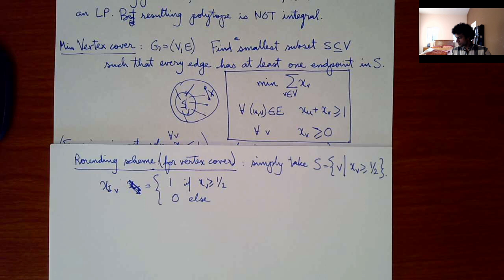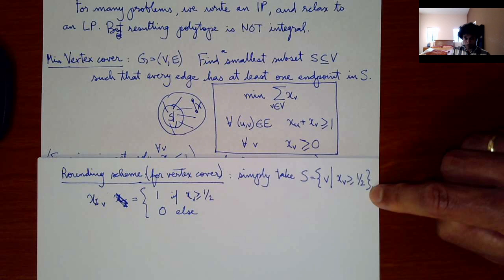But sorry, someone else was saying something. The key is that this is a vertex cover and not a minimum vertex cover. But no, you have to prove that this is a vertex cover. How do you prove that this set is a vertex cover? You're right that this may not be a min vertex cover. How do you prove that this is a vertex cover? And this is provably a vertex cover